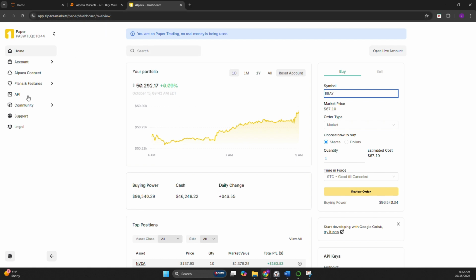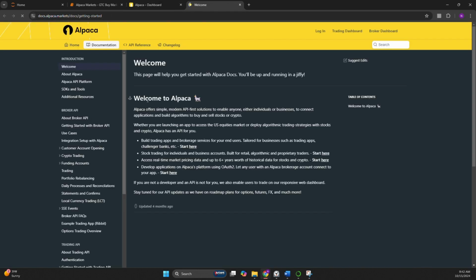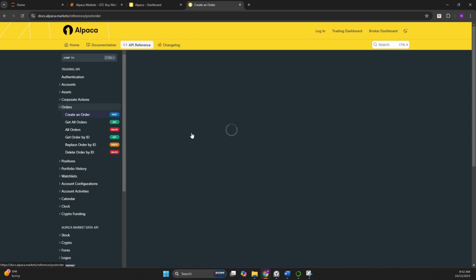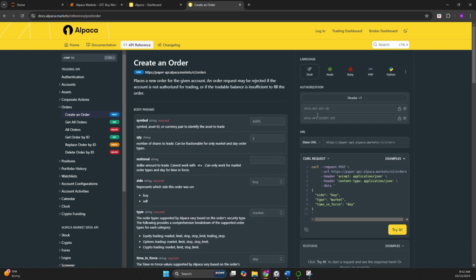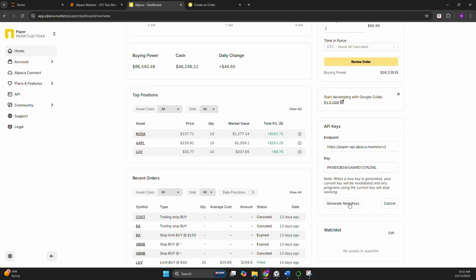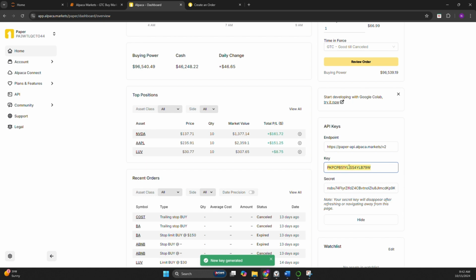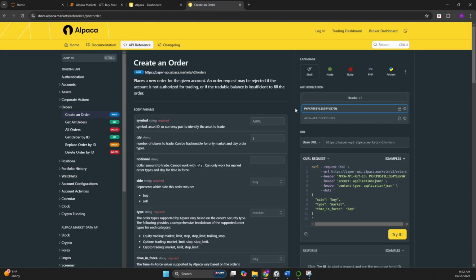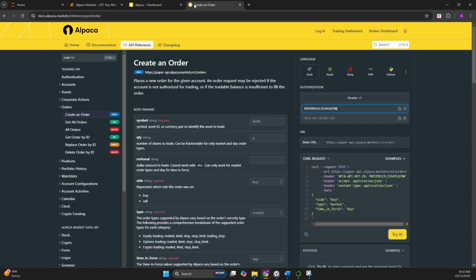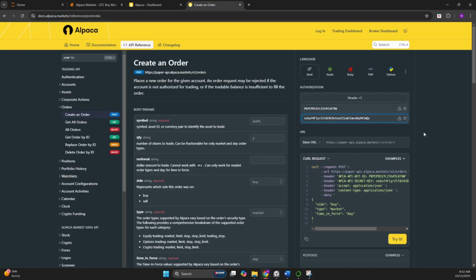get the code. So let's go to the API documentation here, come to the API reference, and we will come to orders, and then we just have to fill in some of the parameters. Now, if you don't have your key and your secret key, you can always come grab them, and you can regenerate. Just know that any code that you have prior, you'll have to replace the keys if you already have them hard-coded in there. That's why it's always a good idea to store these somewhere safe, but you can regenerate